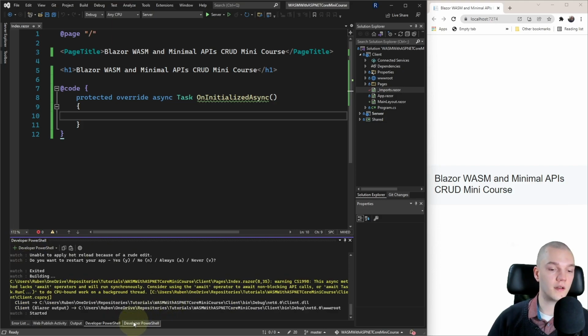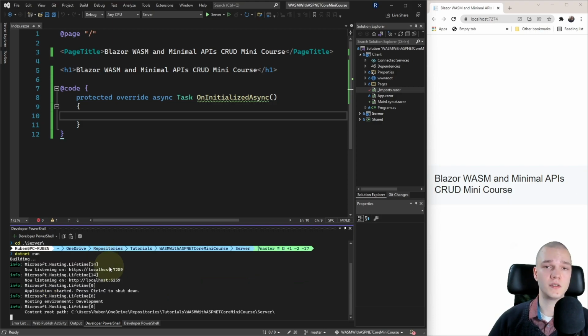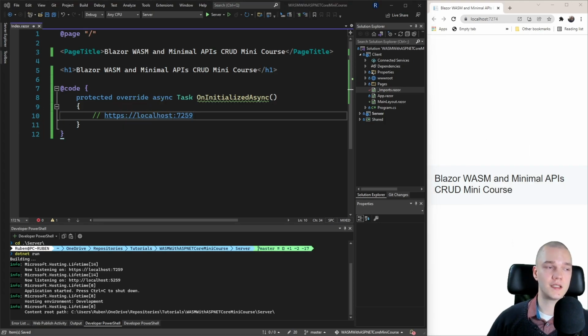So let's communicate with our server, and I'll just do dotnet watch restart here. So I'll open another terminal and I'm gonna dotnet run it because we won't need a browser. Alright, so the server is running and we will communicate with the HTTPS variant. So I'll select that and right click it to copy to my clipboard, and I'll just paste it as a comment in index here.